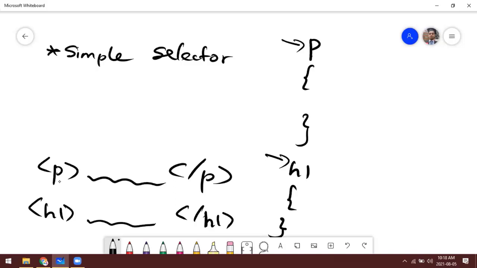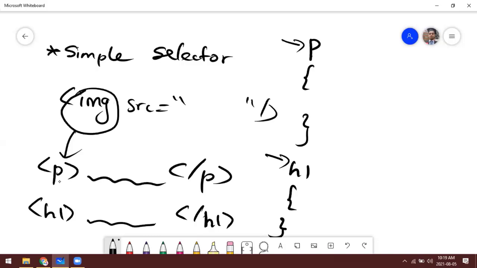It's very clear, I believe, because you just reference the tag name. For example, if you want to apply something to this image source, since img is a standard tag in HTML, you can simply use image as the selector.